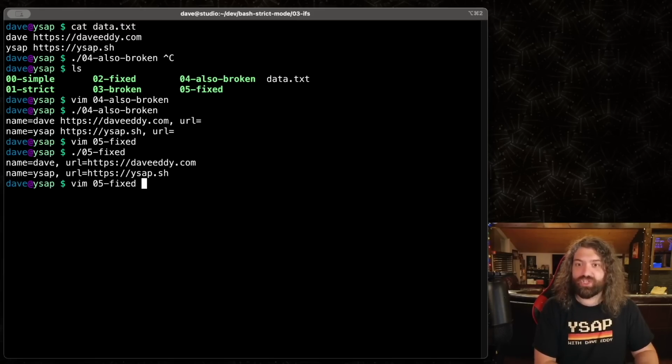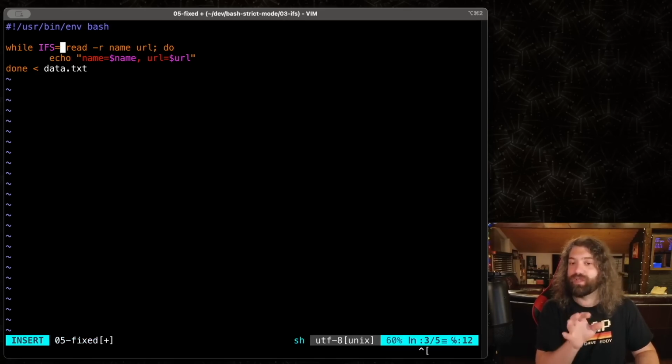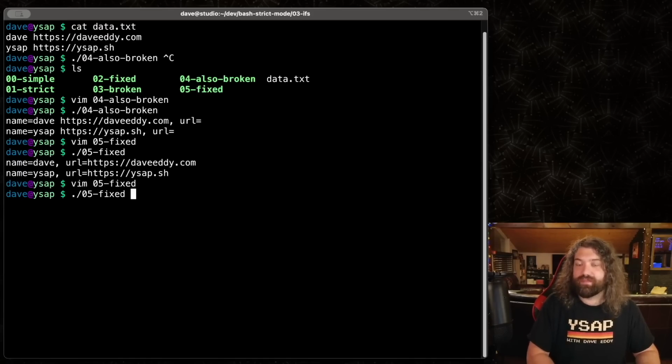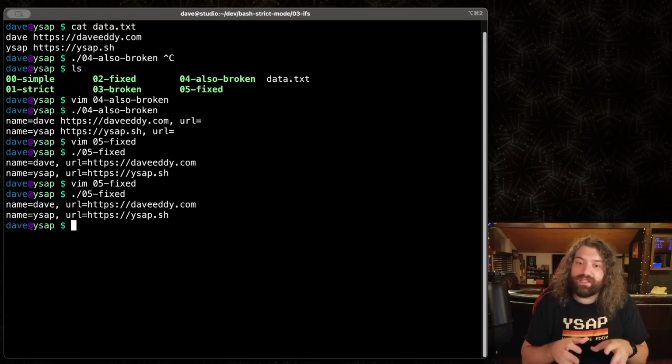So this is not great. It's not fantastic. Sure, you could work around this. I could just put IFS equals this here, so it'll only last for the read command. You probably should be doing something like this if you're reading a file, but I just wanted to showcase weird ways that this could break. If you start putting this stuff in your bash scripts, it's going to break in ways that you might not be prepared to deal with.